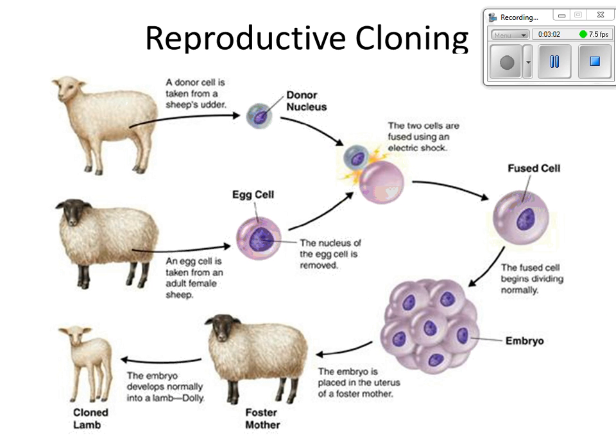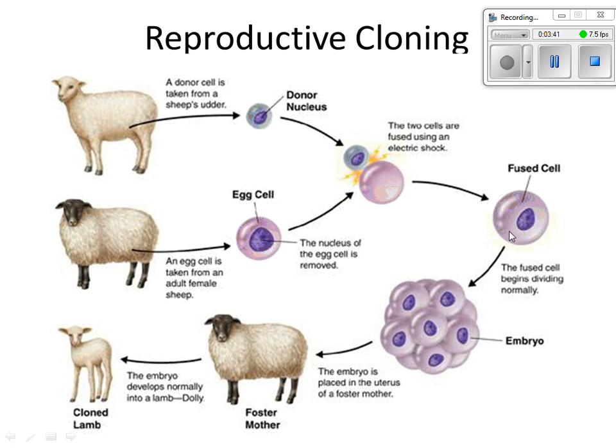All right, reproductive cloning. We want to reproduce something new, a new organism. And so we take, there's three players in this. Well, two main players. We have a donor cell that's taken from a sheep's udder, and we take the nucleus out of it. That's where the DNA is. We just need the nucleus. And then we take the egg cell out of an adult female sheep and remove the nucleus. Okay, so we have the egg of a female, then we have the nucleus from a donor cell, and we fuse them together. We put them together using electric shock, and now we have a fused egg cell,